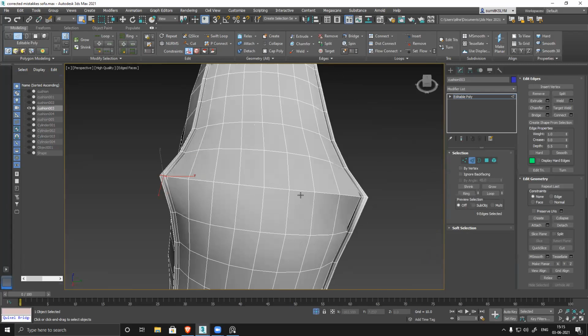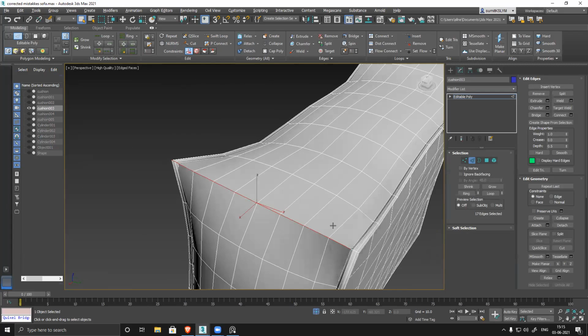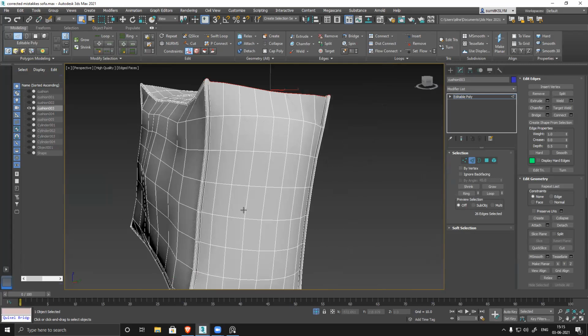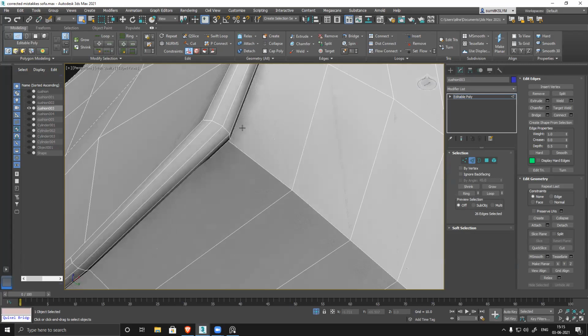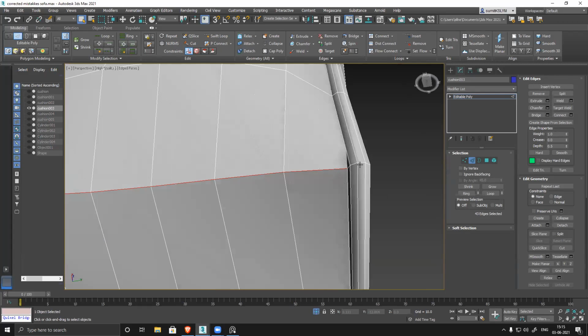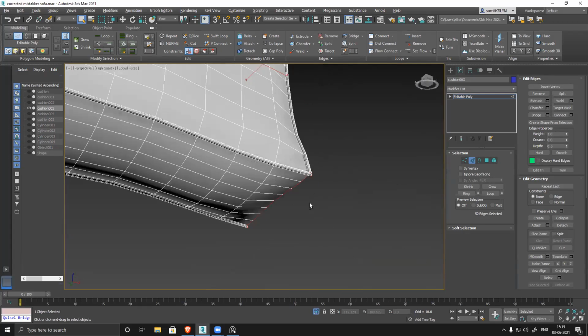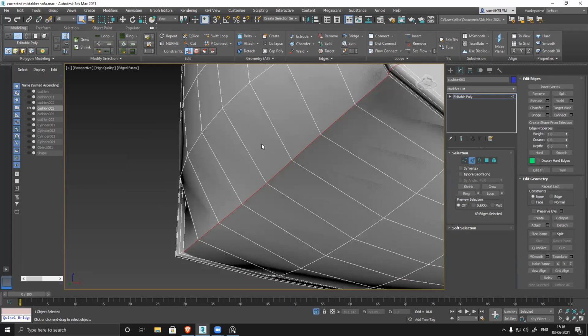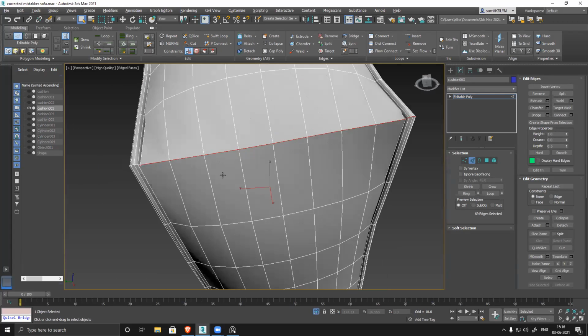Select the corner plus this corner also. So we can chamfer that and level the thing. That's what you have to do, experiment and do things. It creates more vertices and more edges and it can smooth it.